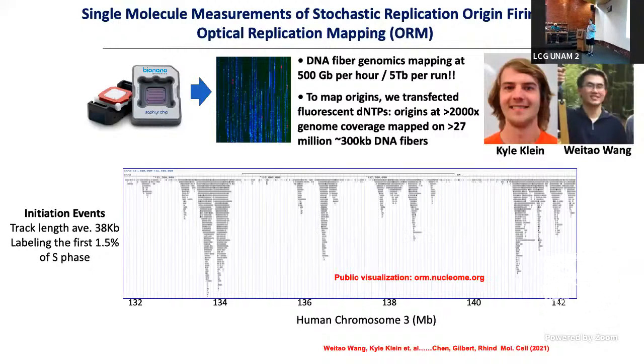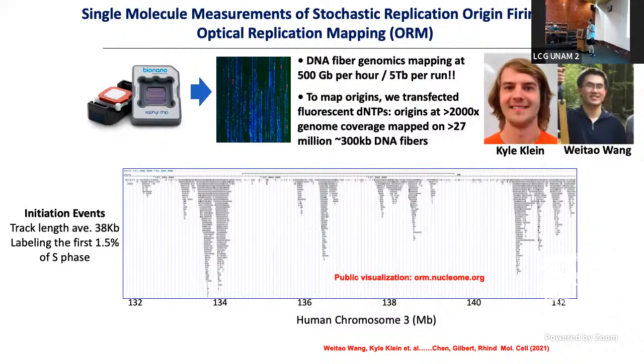But in fact, the way to reconcile them is that different methods were picking up different aspects of replication origins. And that replication can initiate at almost any site in the genome, but that it's stochastic. So there's a probability of it initiating at different sites. And some methods are able to only see the tip of the iceberg, and all they see is only the most highly probable to fire. And so then people think those are site-specific. But people who have methods that are able to detect low efficiency origins, they see it happening all over the place. Okay? Now, so the hypothesis then is that it's highly stochastic.